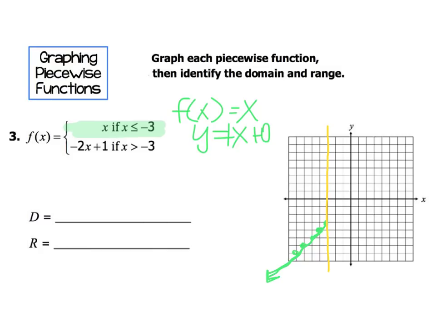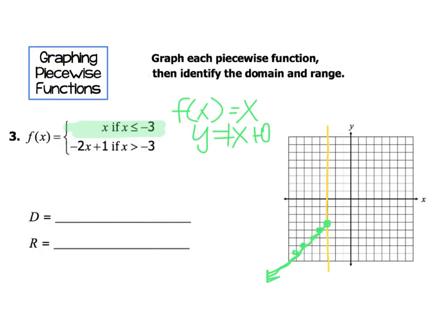Now, we just graphed the first part of our piecewise function, when x is less than or equal to -3. And because it's less than or equal to -3, we want a closed dot, all right? Now, second part of our